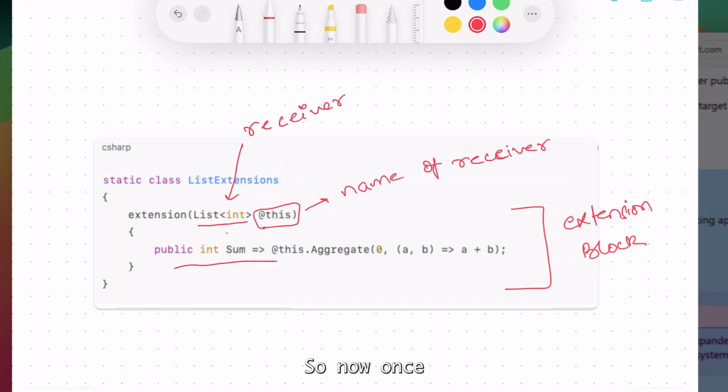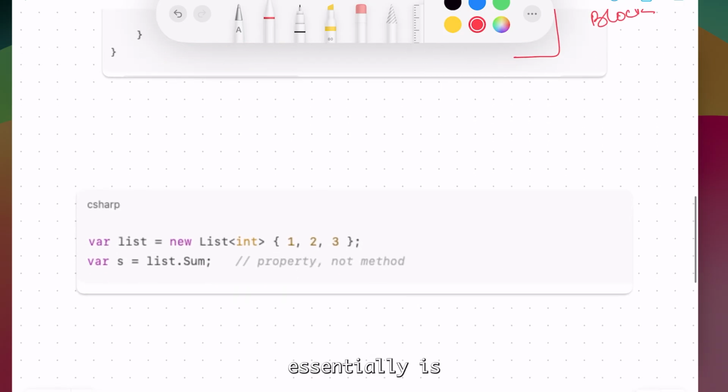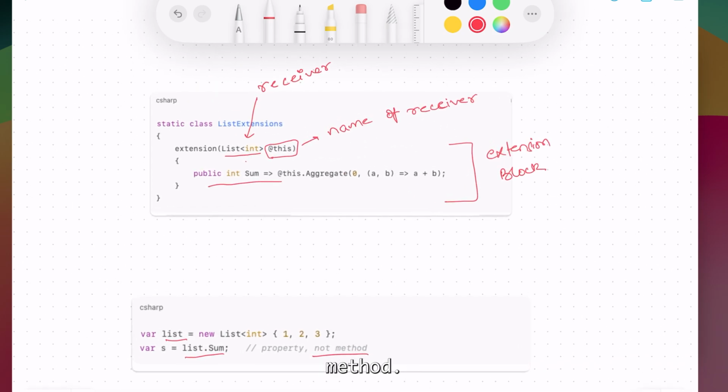Cool. So once you have done this much, this is how you actually create the new extension property. Once you have done this, what you could do essentially is just use your list and call the dot Sum property over here and not the method. So this is a very quick look at how you can actually use the new extension property.